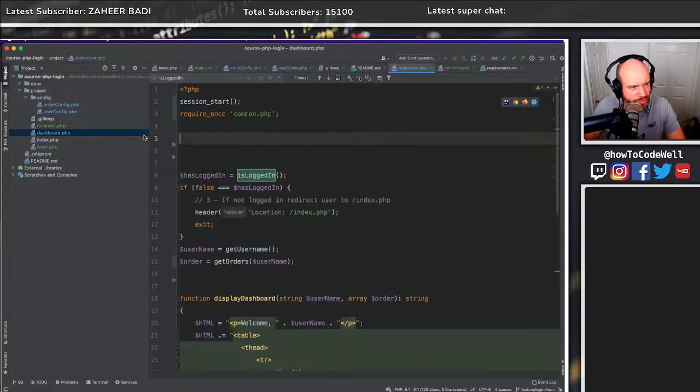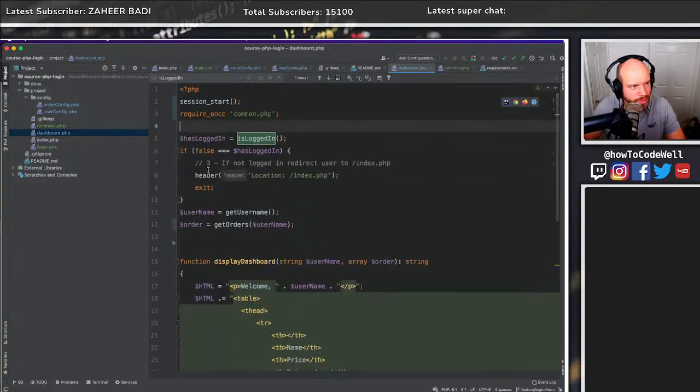Let's get rid of these comments. So is logged in. If that is false, then we redirect to the index page. Now really we need to redirect back to the login page and remove the session, but let's pretend we have logged in. We then get the username and we get the orders. So we could wrap this up. We could even say